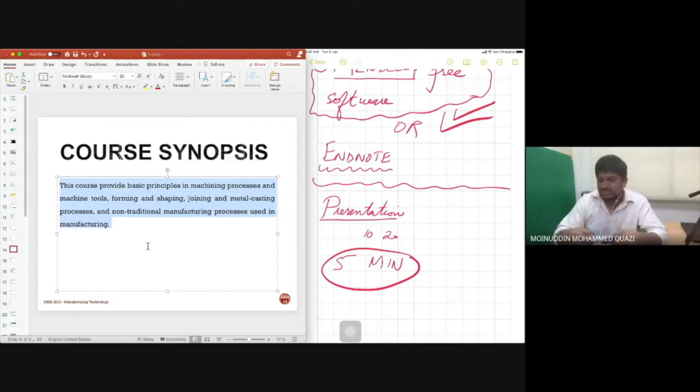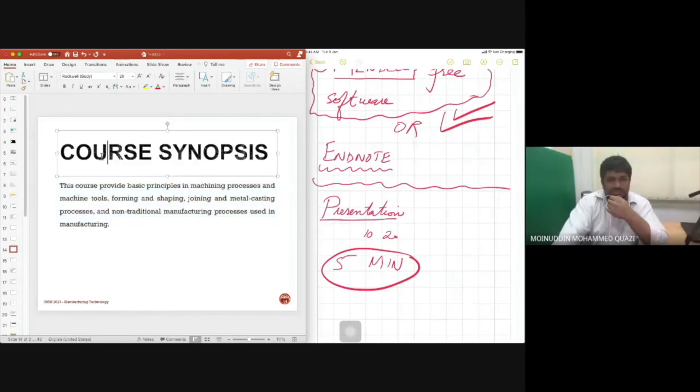Then we've got joining process. So if I'm going to join these two materials, okay, by glue or by screw and nuts, then this is joining process, okay. Then we've got metal casting process. Casting is a process by which we melt a material in a mold and then we get the shape that we want, okay, that we will study later on. So manufacturing is basically a combination of a lot of processes: machining process, casting process, welding process, assembly process, rivet process, many process. So a combination of these process create a product, okay. The final product is a product of different types of manufacturing process. Okay, so this is introduction to the course, okay. Course synopsis.